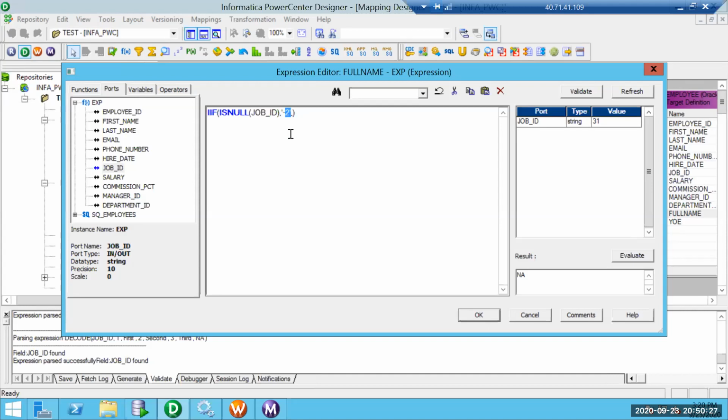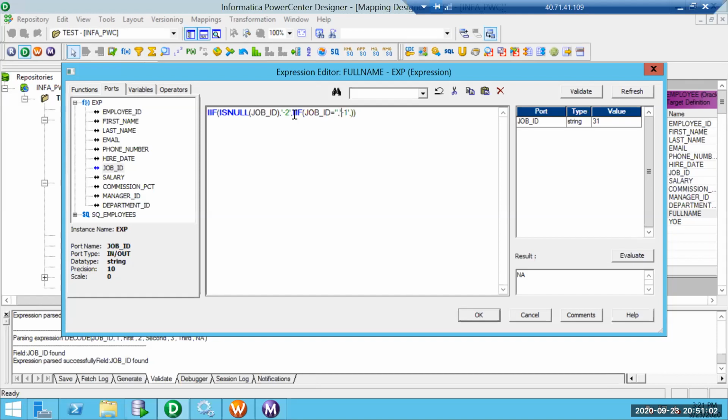So I have already provided my then clause. The then clause need not be a value. It can also be another if clause. Let's suppose I'll have a similar thing in the else instead. Here in the else clause, again I'll invoke another if, wherein I'll say if my job ID is null, I am straightforwardly populating -2. If job ID is not null, then I am going to check if job ID equals empty string. Empty string, then I'll populate -1. Else, again,